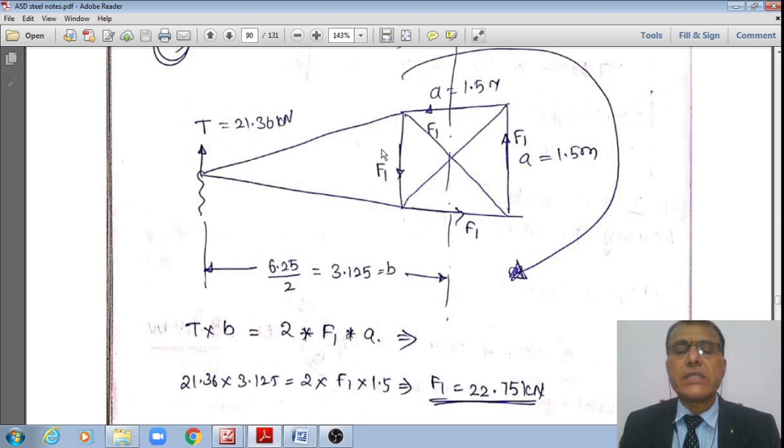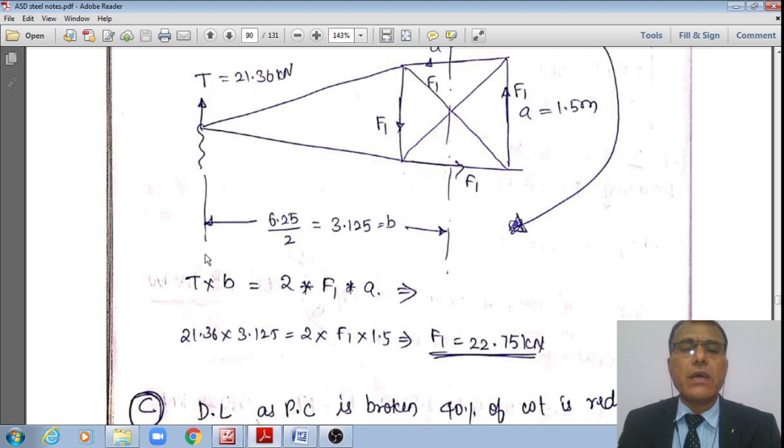However, that is the external force, which is resisted by the internal forces generated in the member, which are present at that level as F1 one couple and F1 another couple, which are spaced at 1.5 meter and 1.5 meter, because here both are 1.5. Therefore, one couple F1 multiplied by A, another couple F1 multiplied by A. Two such couples equal the external torque. This is the internal torsional resistance. This is the external torque.